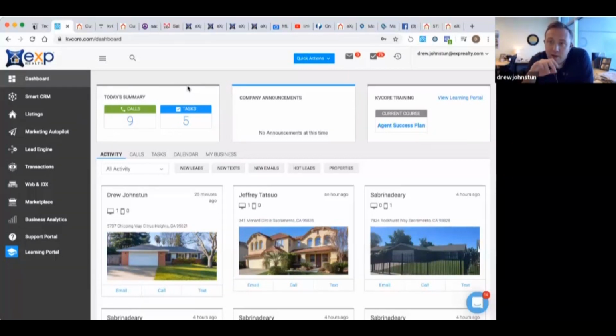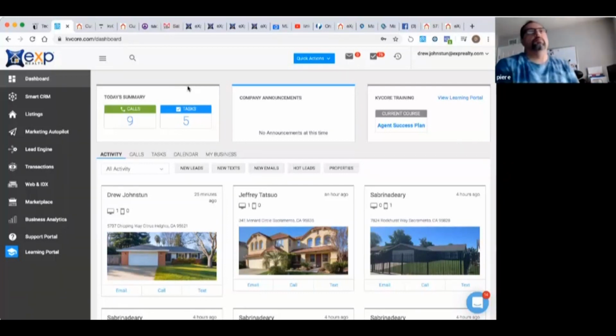As they come in, you can schedule it so that 20 minutes out, they came, they looked at it, they're just leaving, all of a sudden they get a text message from you: thank you so much for coming, I'll definitely be trying to stay in touch. Two hours later, automatically, it sends a video of you saying thank you so much for coming to my open house, it was such a pleasure meeting you, I can't wait to talk more about helping you and your family find your next place. That's awesome. It's all automatic.